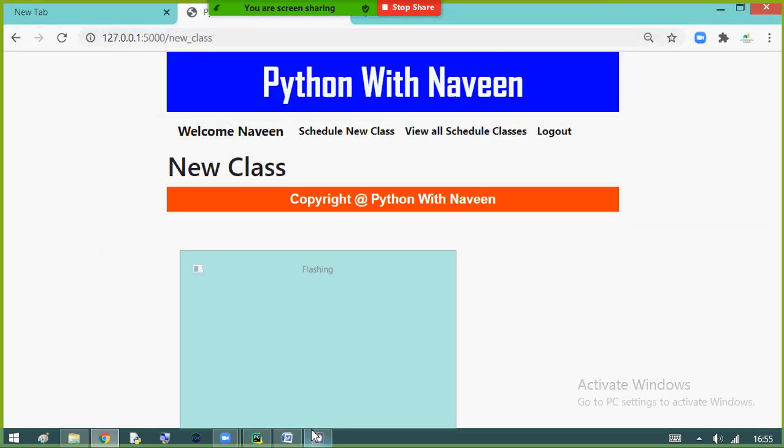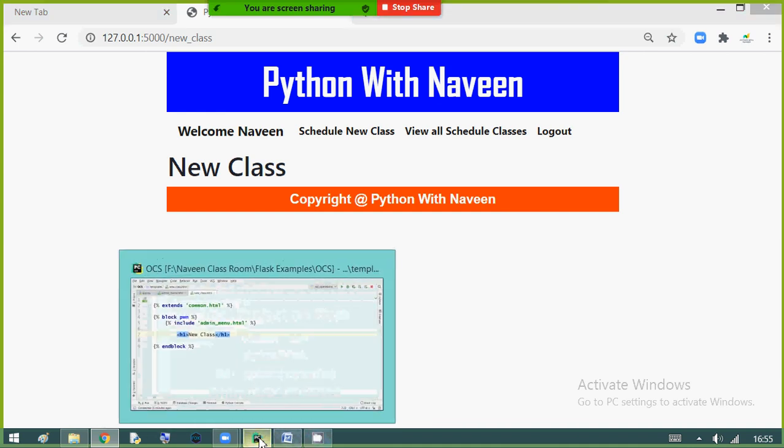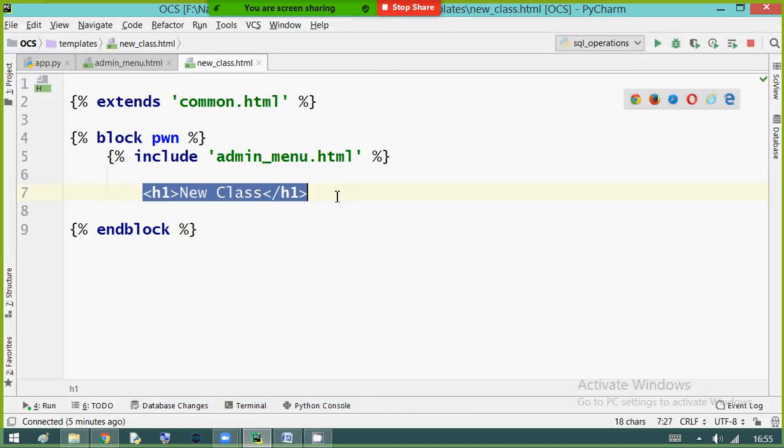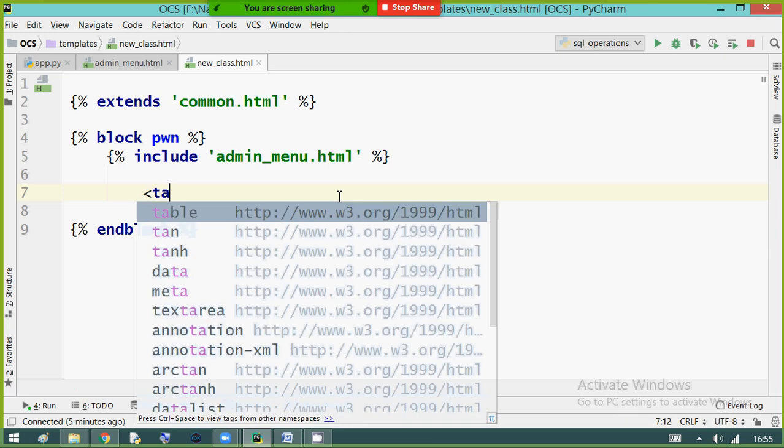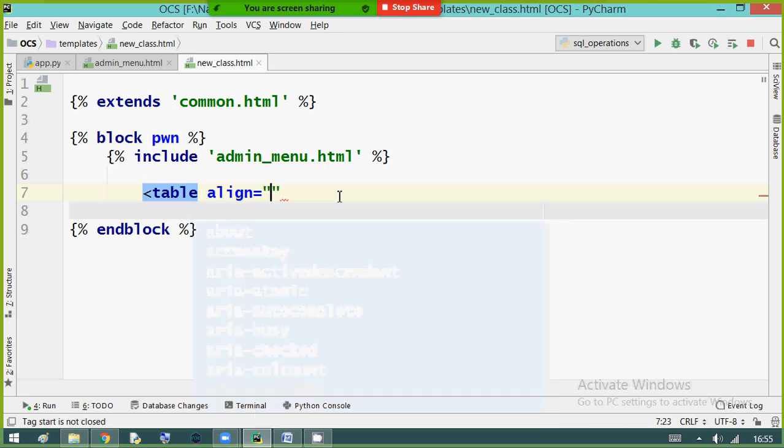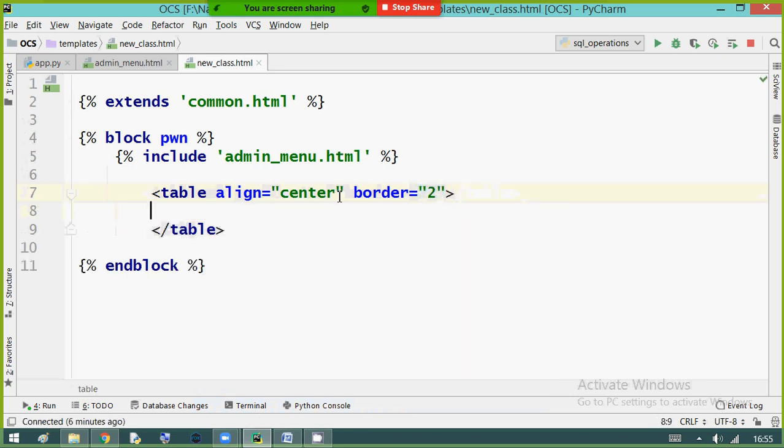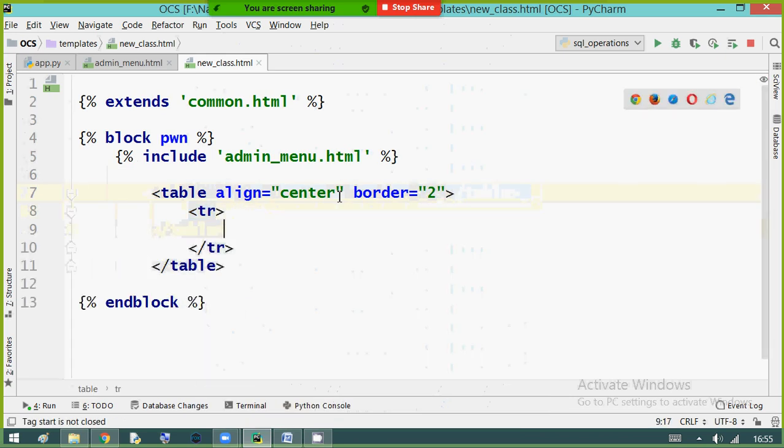So let me open the HTML page and design the page first. As usual, I am using a table aligned in center. Temporarily I will provide border 2, table row, table header.